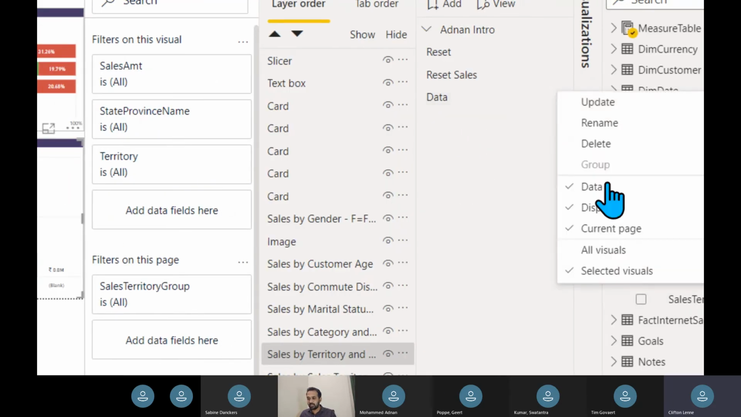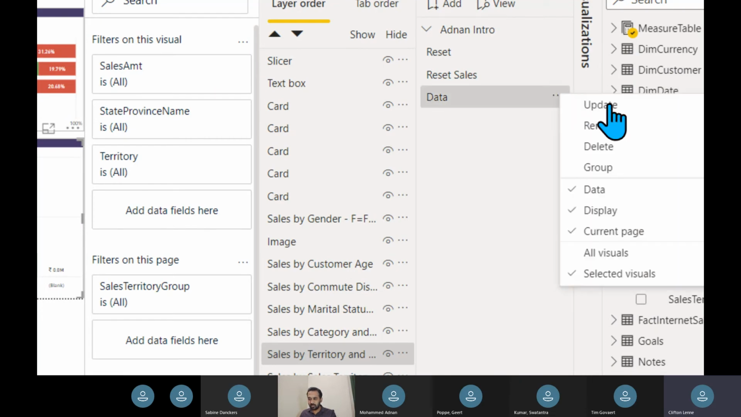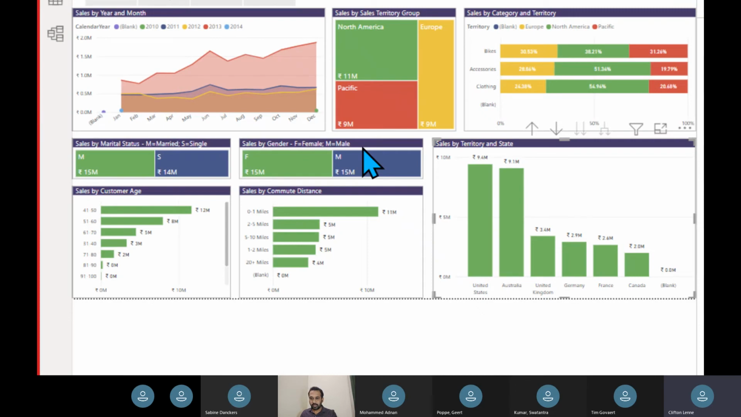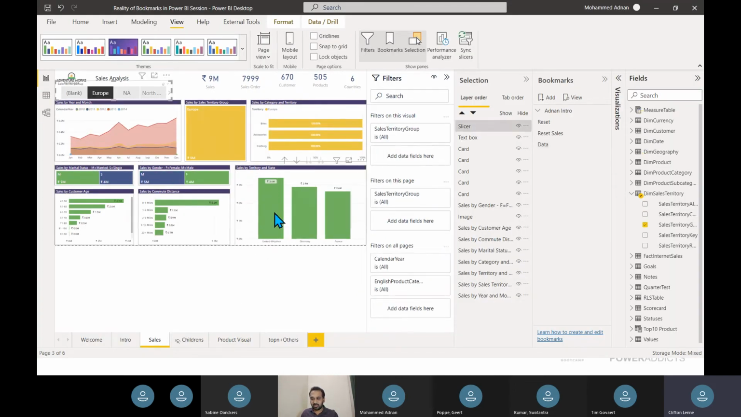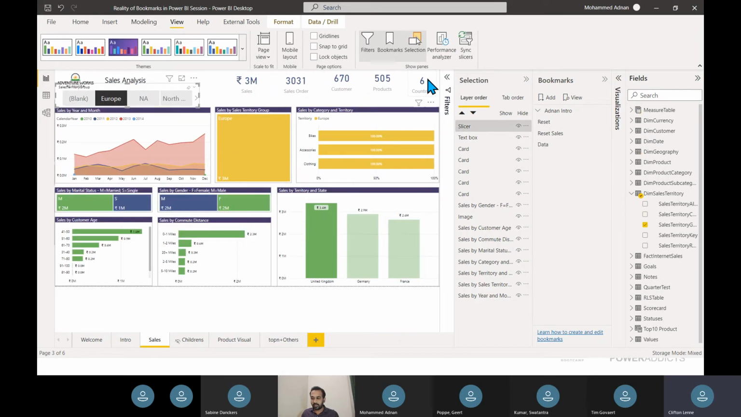And if I click here, then data is enabled now, and I'm clicking on update here. Okay, so now I want to filter something else on this page, and I'm also now filtering to this one, right? So everything is filtered here. Now if I click on data tab,